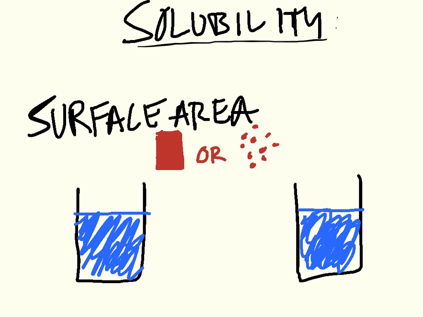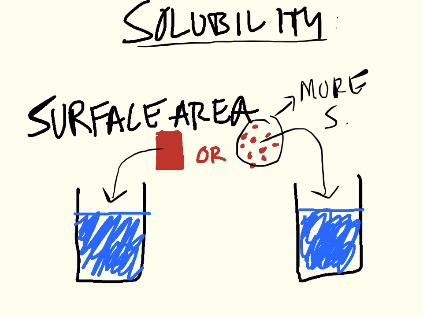And there's three different things that we learned that we can change if we want to increase or decrease the solubility of a solute. The first one is the surface area of the solute. So imagine you have a sugar cube here that you drop into a cup of water, and here you take the same sugar cube and you crush it up and you drop it into the cup of water. The crushed up cube has more surface area,